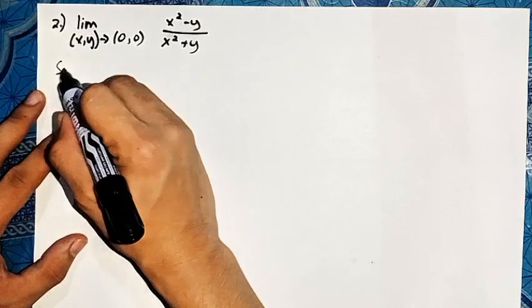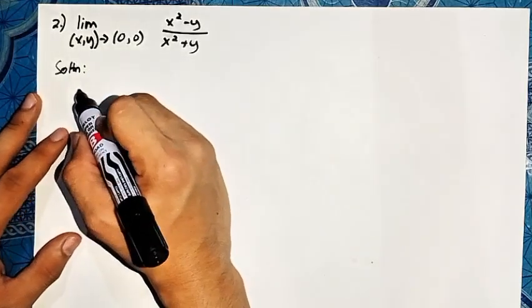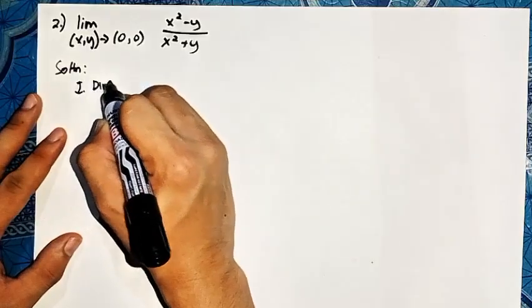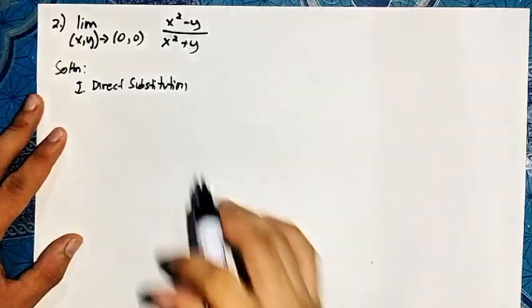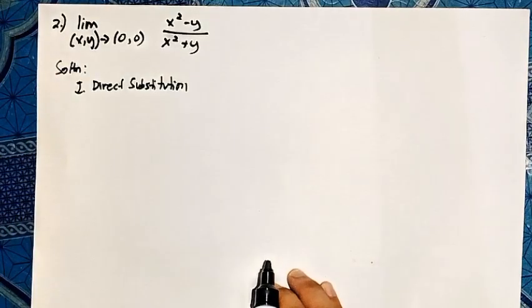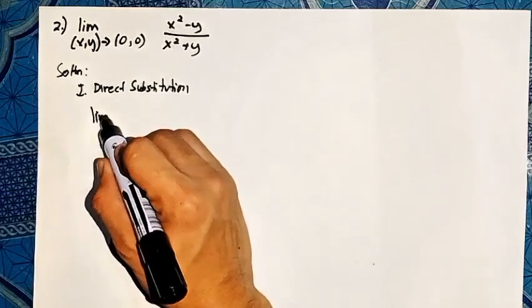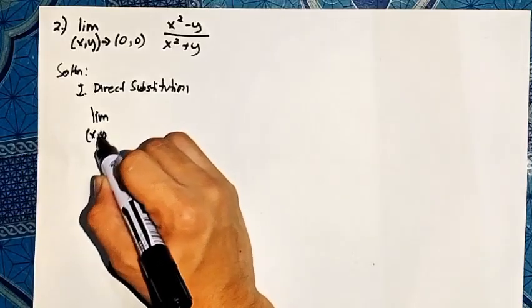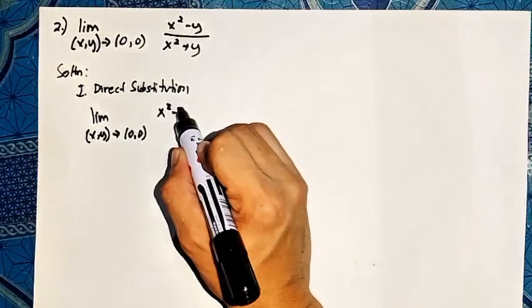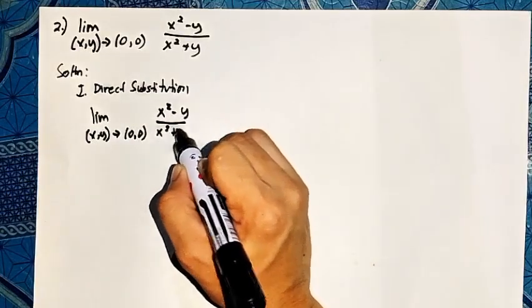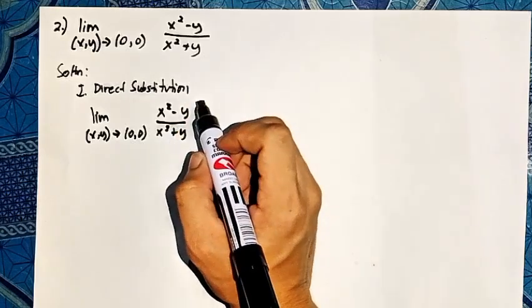So let's copy the limit as (x, y) approaches (0, 0) of x squared minus y over x squared plus y, is equal to